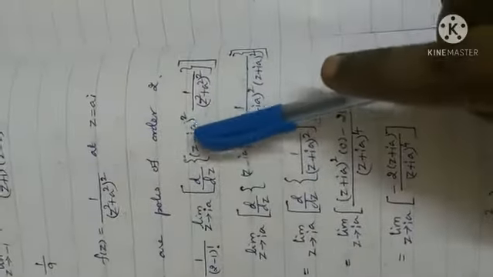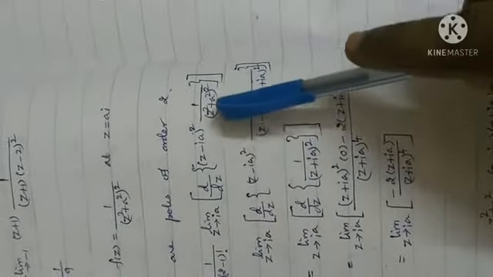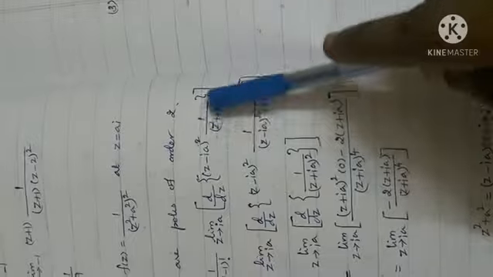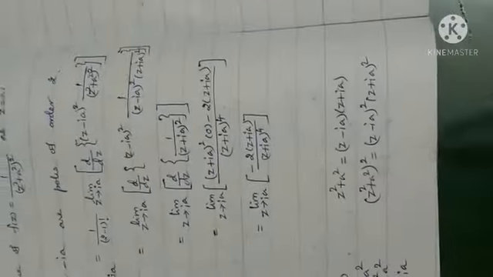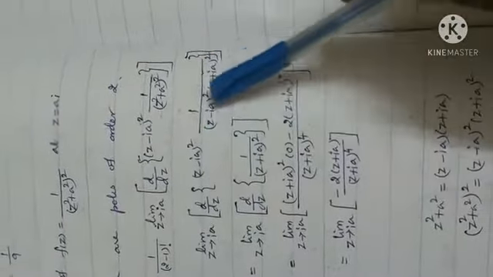I told you just now, right? The term we write here should get cancelled, otherwise the answer will become infinity. So we have to write this term as (z minus ia) whole square into (z plus ia) whole square. You can go through the rough work, so that the term will get cancelled.